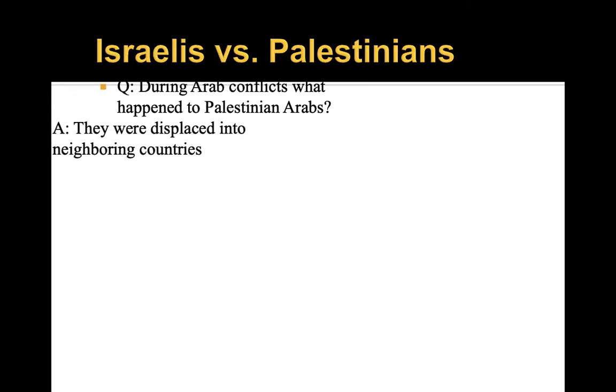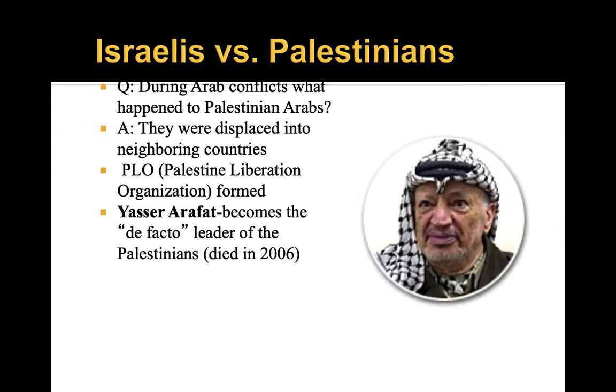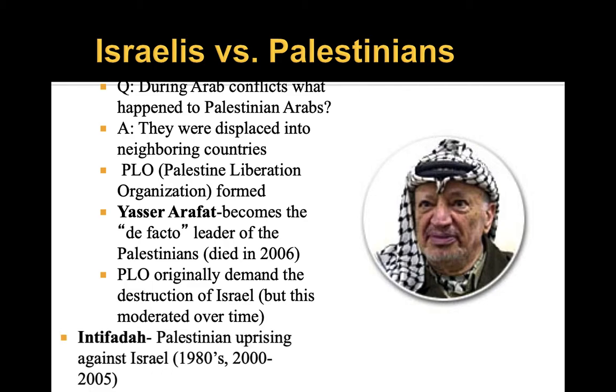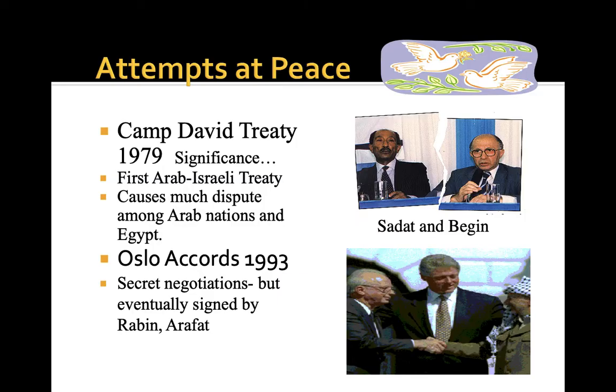So a long series of conflicts have taken place during this time. The Palestinian Arabs that lost all the land in these conflicts were basically displaced to neighboring countries, mainly over to Jordan. And they've had a series of uprisings over the years to try to regain their lost land. In 1979, there was a significant peace treaty that Israel signed with the nation of Egypt, which